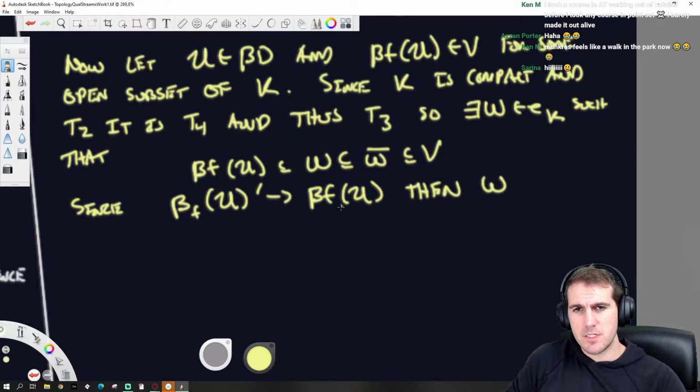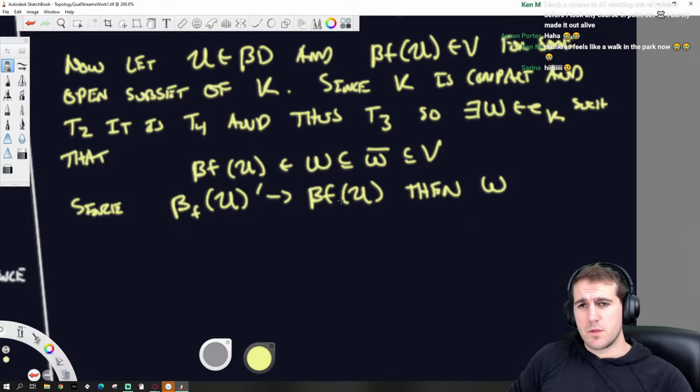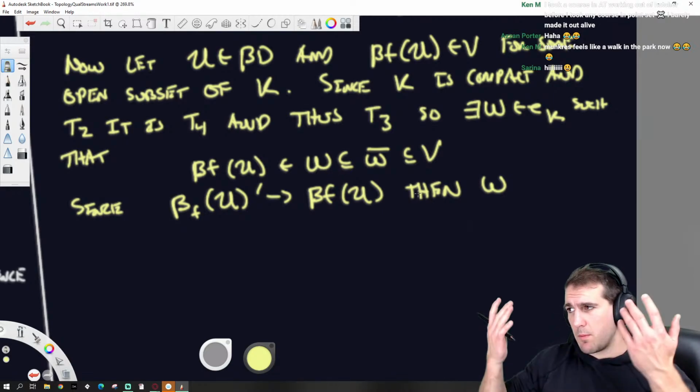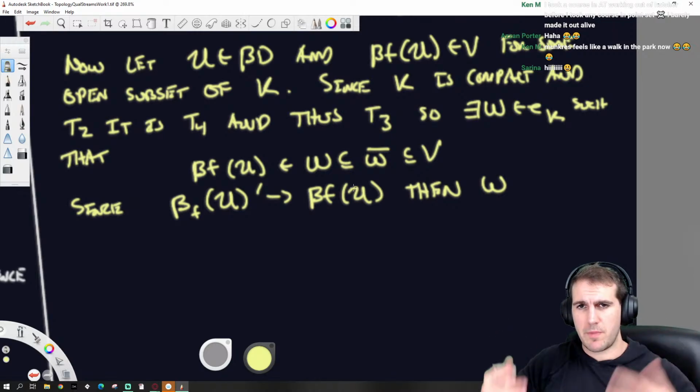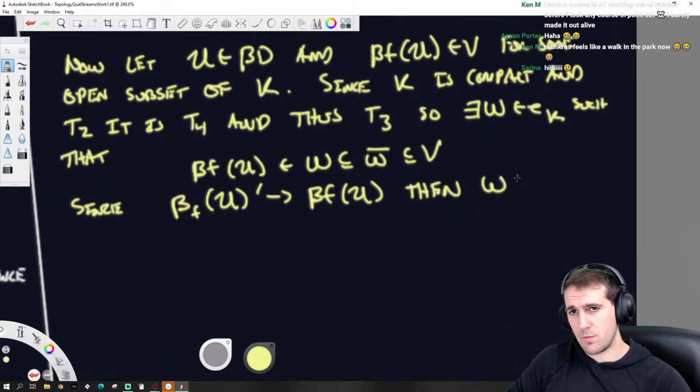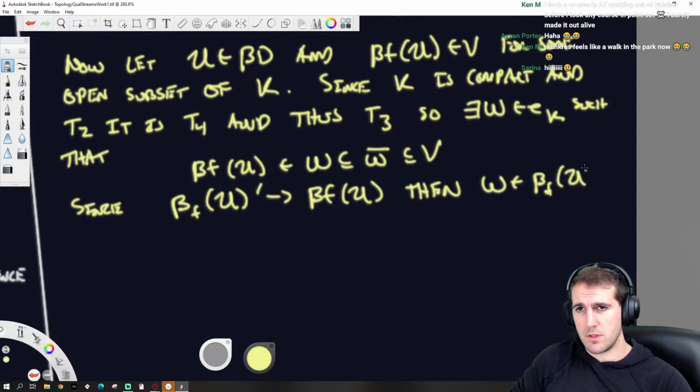So it converges to some value, that value is within W. So the ultrafilter, because filters are closed upwards, whatever it converges to, if you close up from that singleton, then W will be within that ultrafilter. So beta F of U prime.